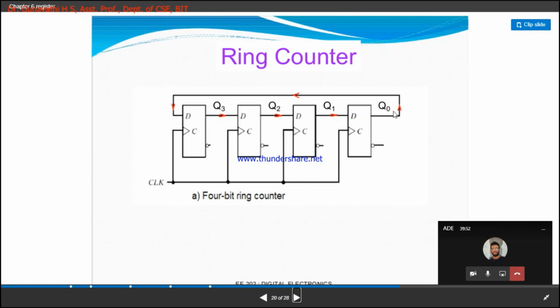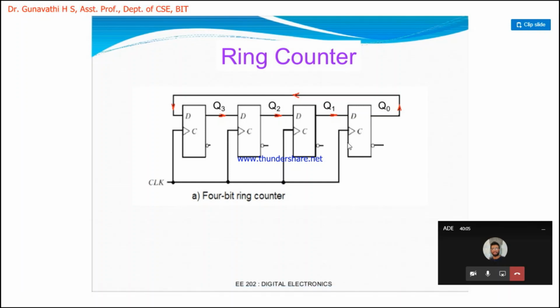The output of the last flip-flop will be connected back to the input of the first. This is how the sequence is generated. It's called a ring counter. Is this clear? The output of the last stage connected to the input of the first flip-flop generates the counter sequence that is called a ring counter.